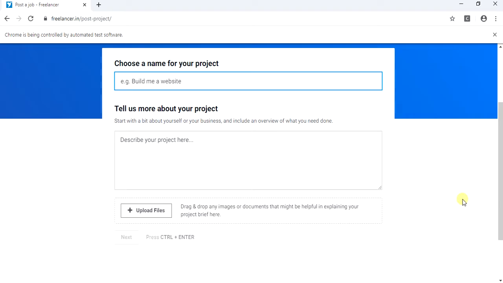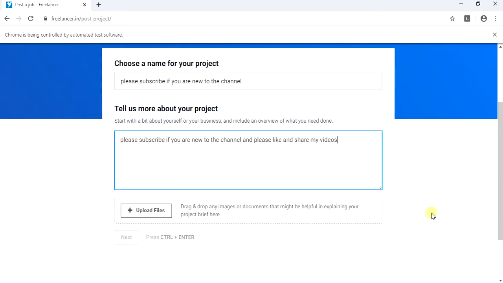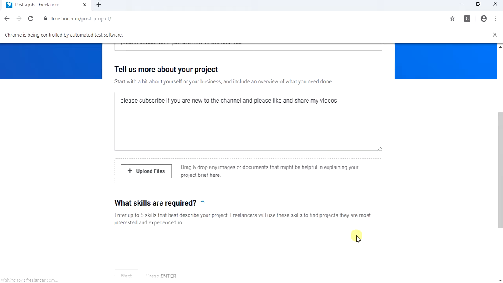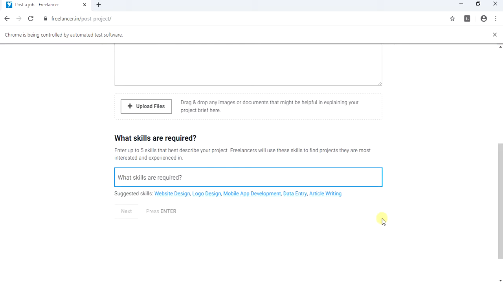As we have given time.sleep as 5 seconds, after entering the two strings, it will wait for the 5 seconds and then it will click on the next button. After clicking on the next button, we are seeing the "what skills are required" page. Now you may have a question: if everything works fine with time.sleep, then why are we going to the implicit wait?